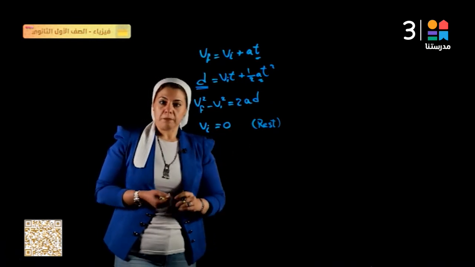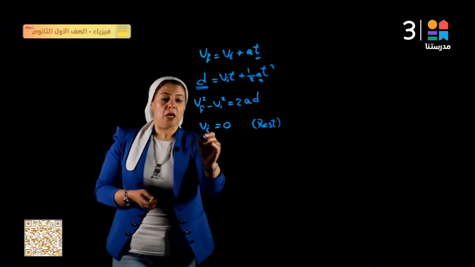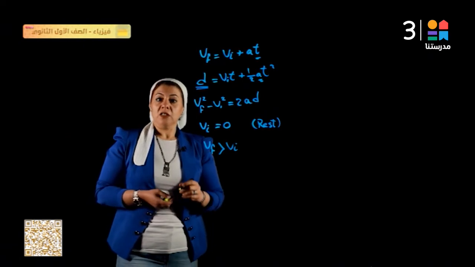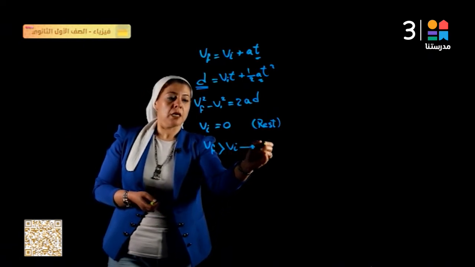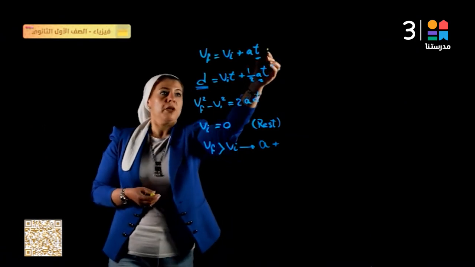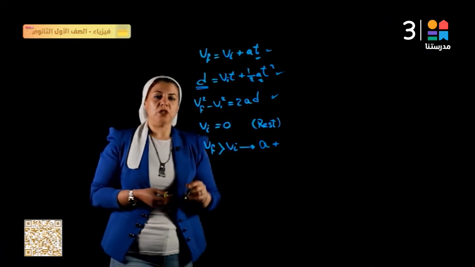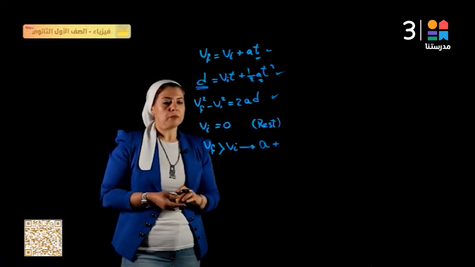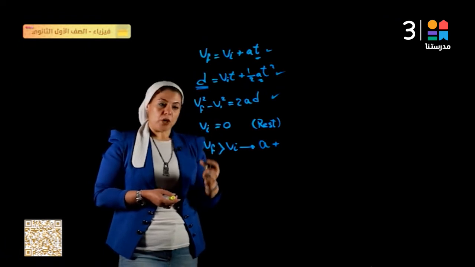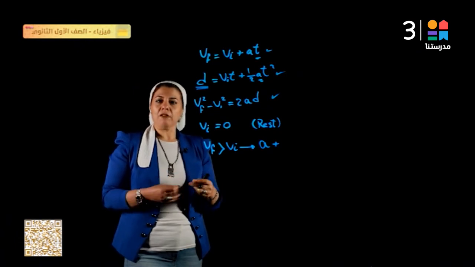This is when the problem says the object moves from rest or from static state. When the object increases the velocity, which means V final is more than V initial, in this case you will get the acceleration in the positive direction. Substitute the acceleration in the three equations with a positive sign. Then, when it says the driver uses the brakes of the car,